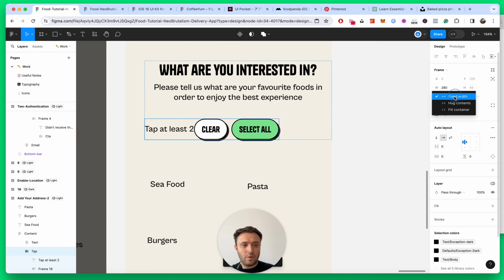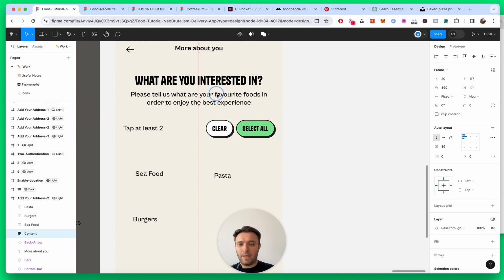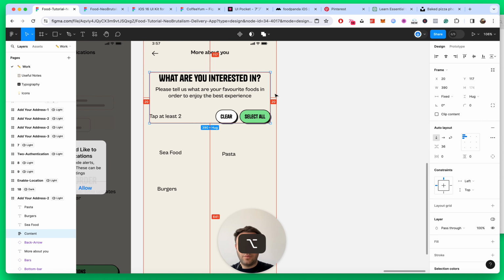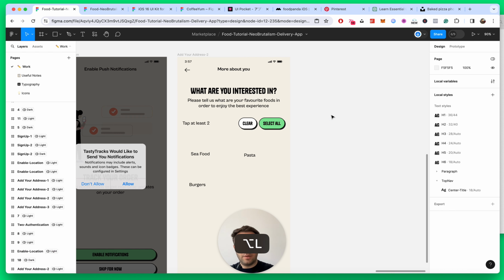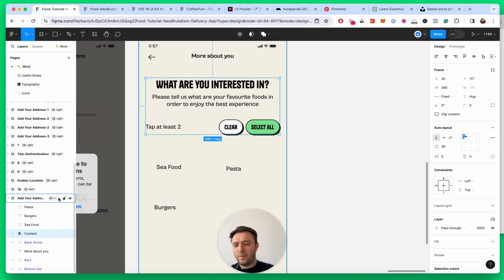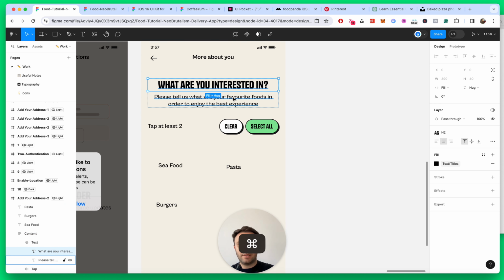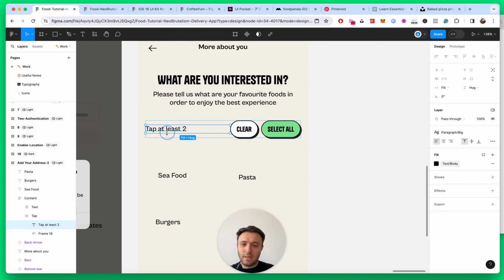Okay, and this one also, the groups and the elements inside have to have the fill value from the auto layout in order to take the full space. So if you created a group auto layout with a fixed width, all the elements inside have to have this fill option. Okay, tap,